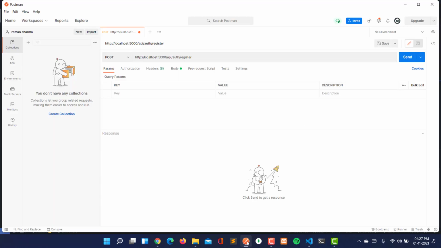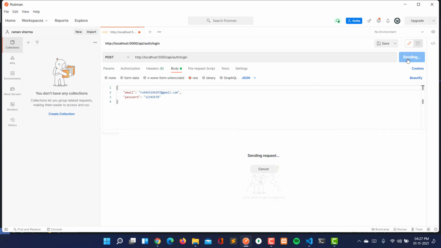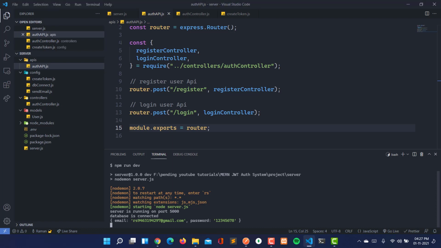Now we can go to Postman, and instead of the register route we write login. Because the login route is there, in the body we are going to pass only email and password. Now let's send this. We should get this body as a response. Sorry, not a response, actually we did a console log here. So here we are getting our body.